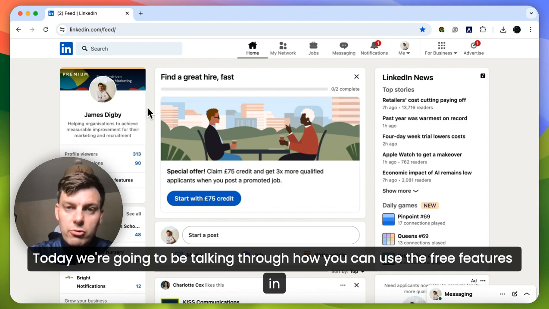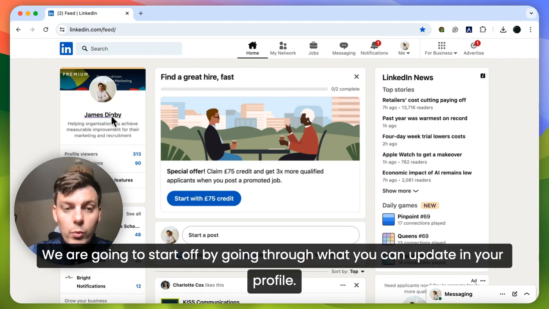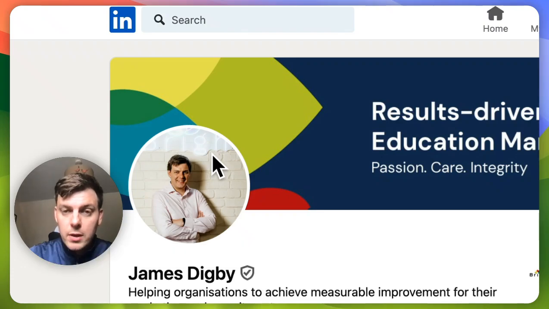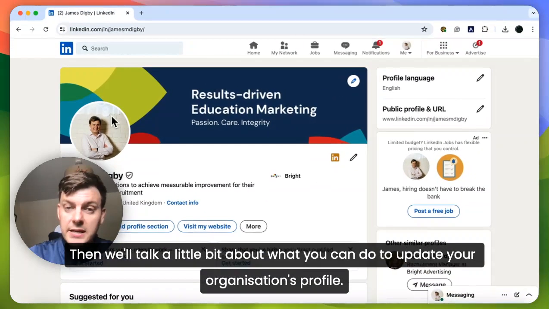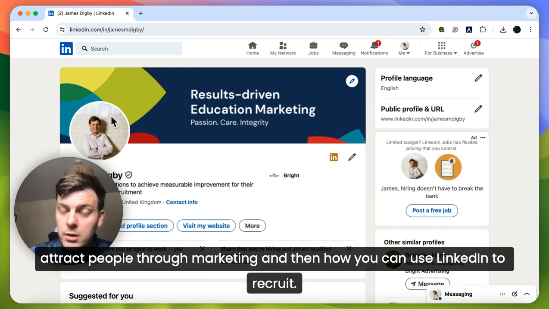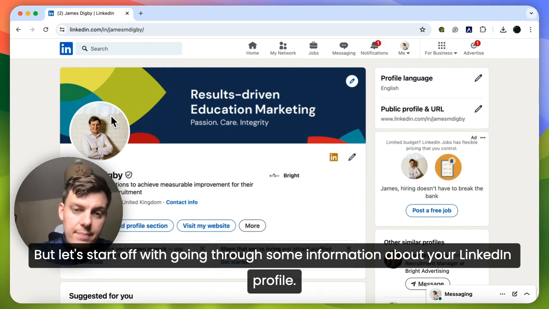Today we're going to be talking through how you can use the free features in LinkedIn to attract some of those people. We are going to start off by going through what you can update in your profile. Then we'll talk a little bit about what you can do to update your organization's profile. And then we'll split the rest of the session into how you can use LinkedIn to attract people through marketing, and then how you can use LinkedIn to recruit. There is a lot of overlap between the different areas, but let's start off with going through some information about